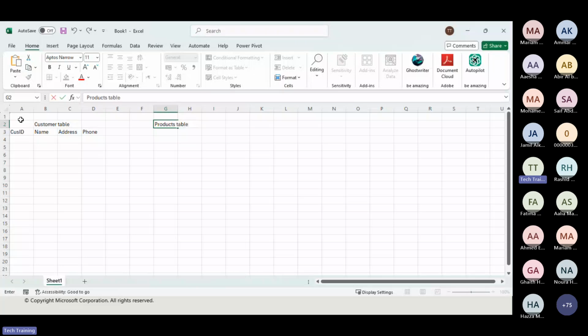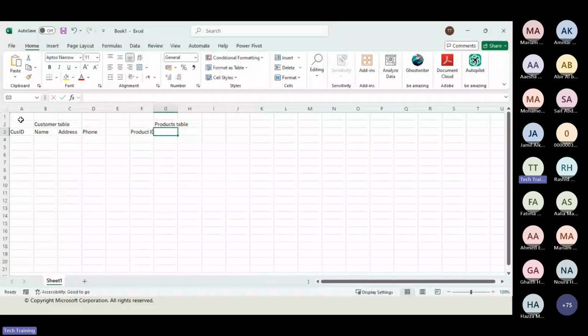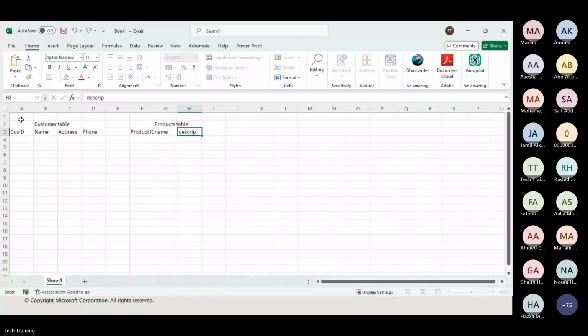Okay, and as a unique identifier, I should have a product ID, name, description, price. Okay,